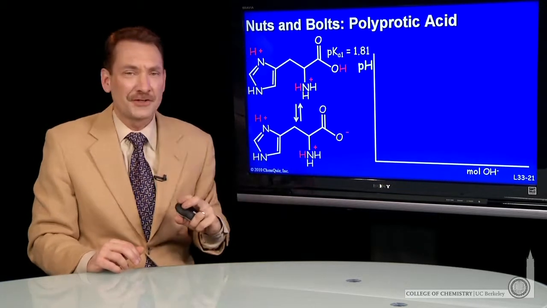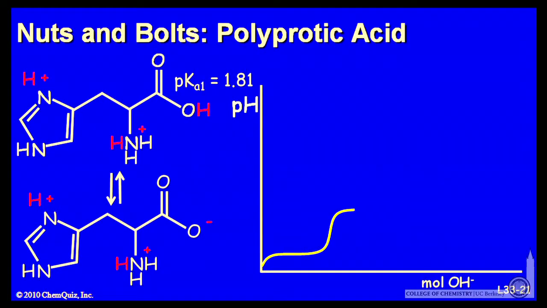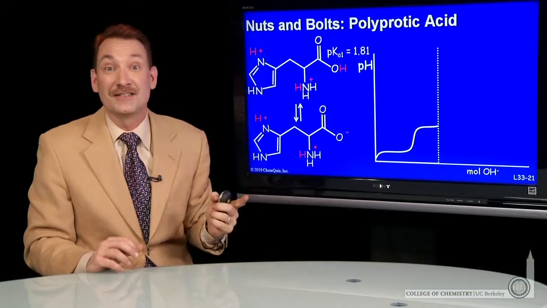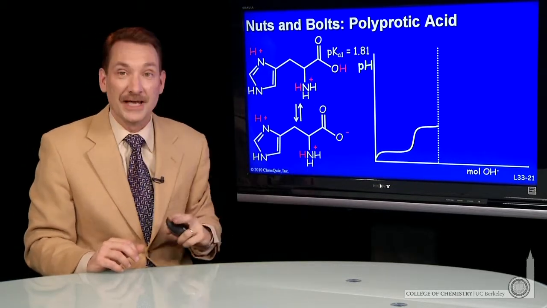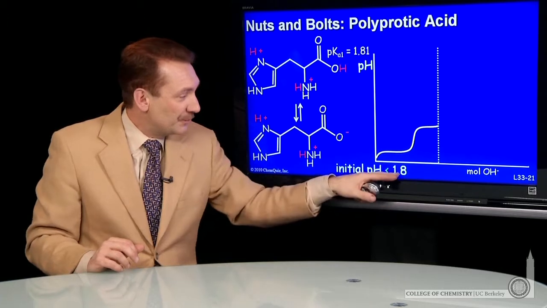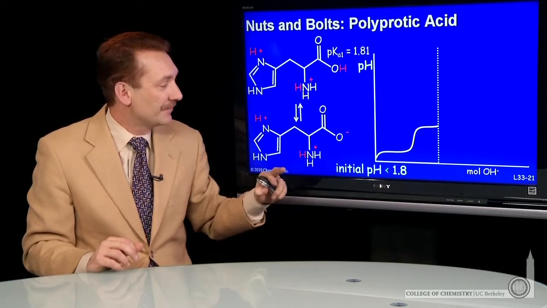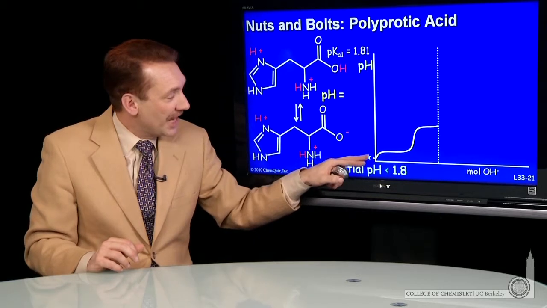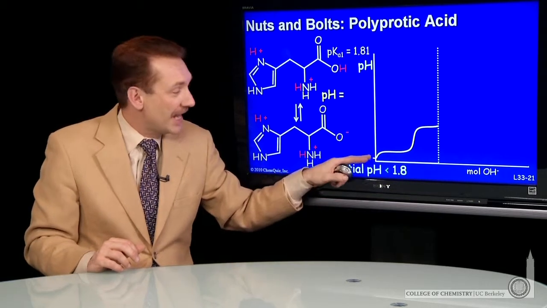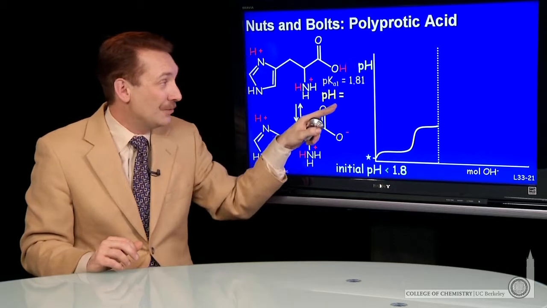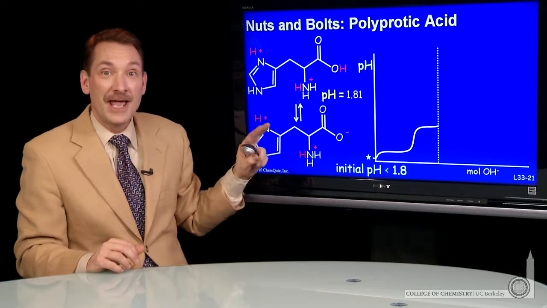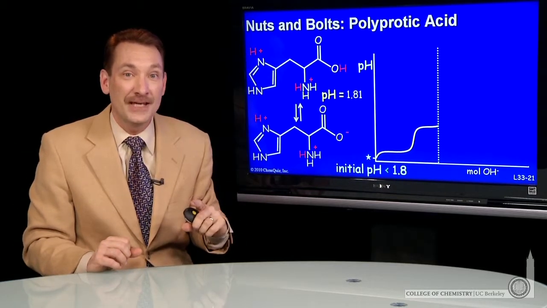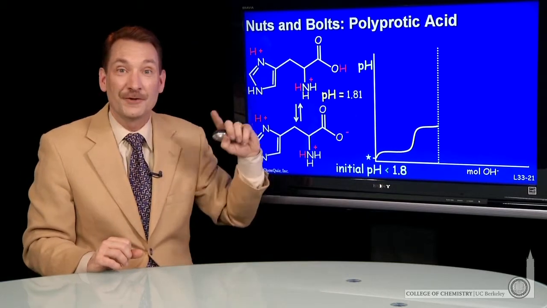So let's start to sketch out the titration curve. We know the titration curve is going to start at a pH below 1.81. That's something I just defined. I said, let's start at a low pH and go to a high pH. So the solution is prepared at low pH, and the initial pH will be less than 1.8. And what I'm going to do is start adding base, raising the pH. And as I get to pHs around the first pKa, I'll have an equal mixture of these 2 forms. And I know one point on the titration curve will be where the pH is equal to the first pKa.